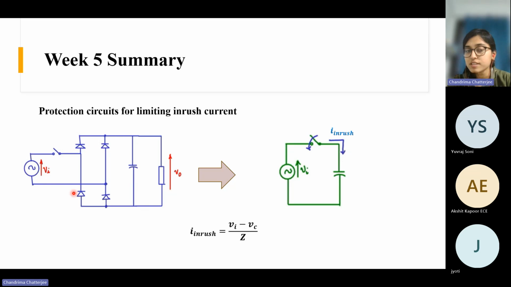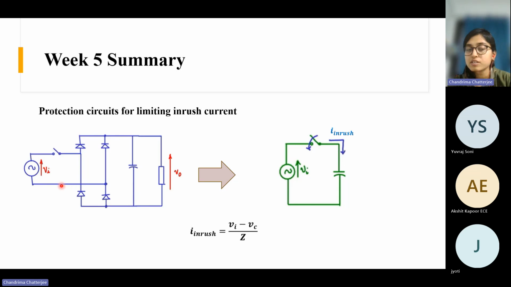But when you are starting the circuit, suppose this is a switch, and whenever you close the switch, the circuit is closed and current will be drawn from the source. Now, initially there is no voltage across the capacitor, just before closing the switch. But some AC voltage, the grid voltage, is there. So you are paralleling this capacitor with this source. Here basically